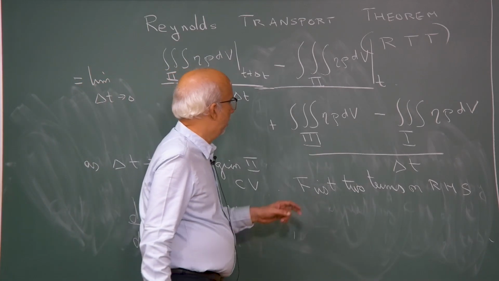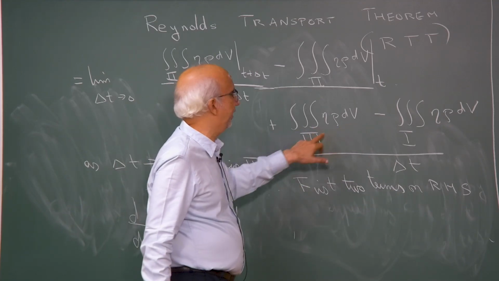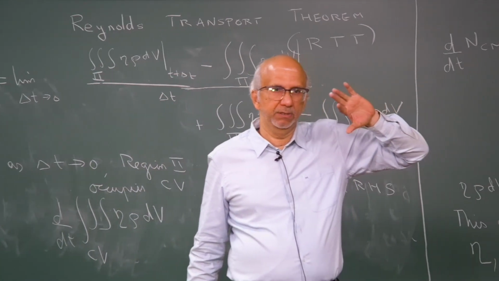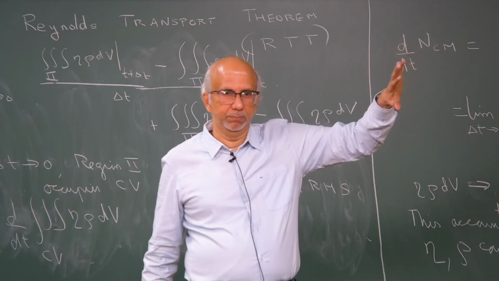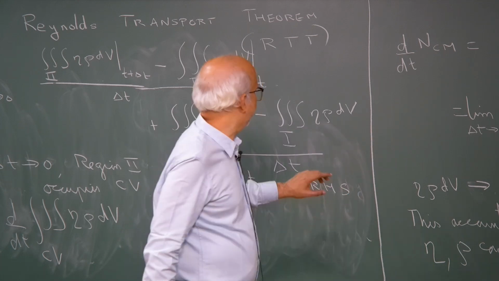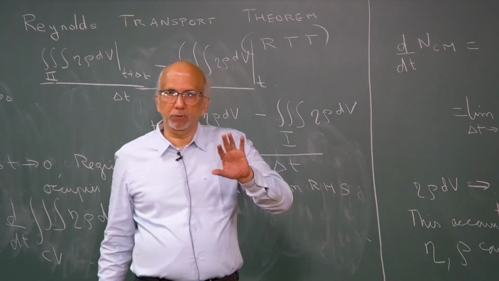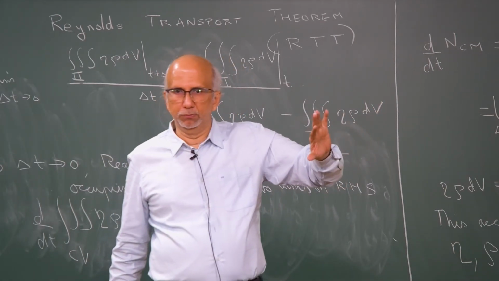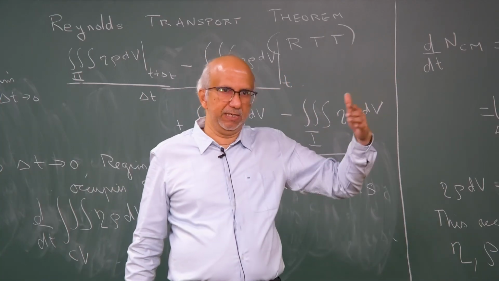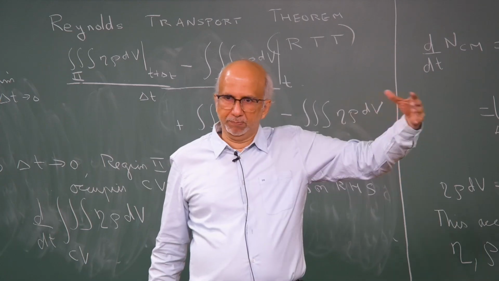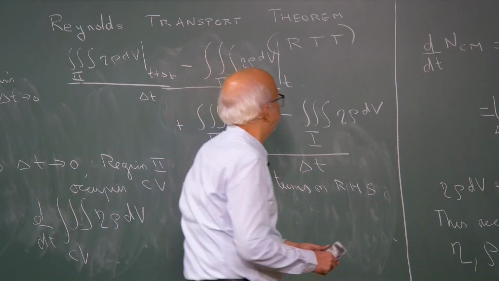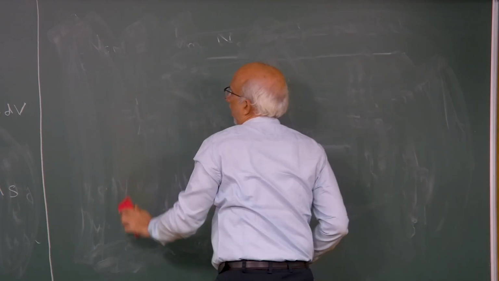Now, what does this term represent? Eta rho dV over region 3, that is the property which has left the control volume because of the flow. This property here represents the property which has come into the control volume because of the flow. Unfortunately, I removed that figure, but 3 is the region, mass occupied by the control volume, which has left, outside. So, the third term represents, I am going to write it in English now,